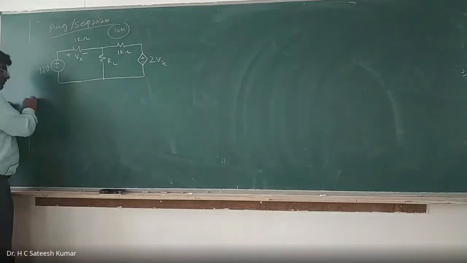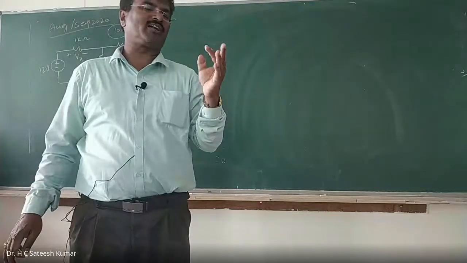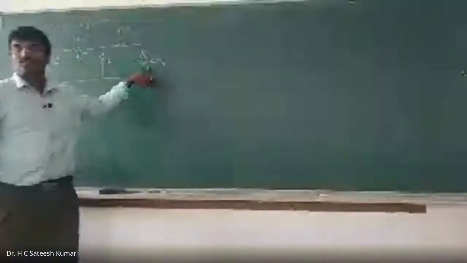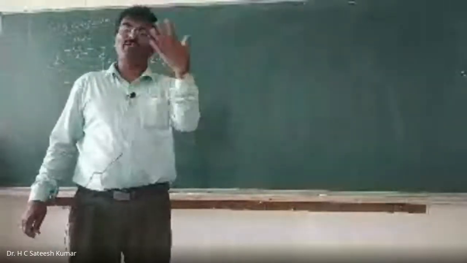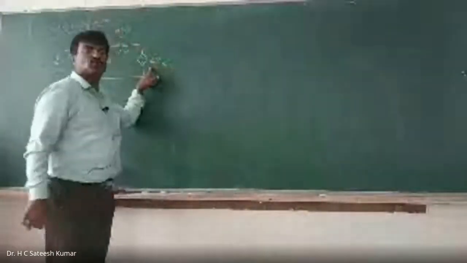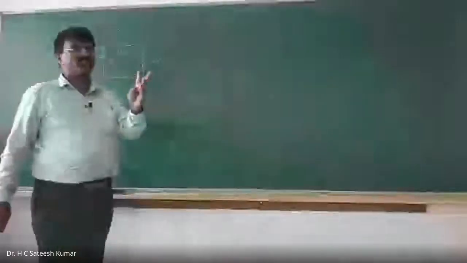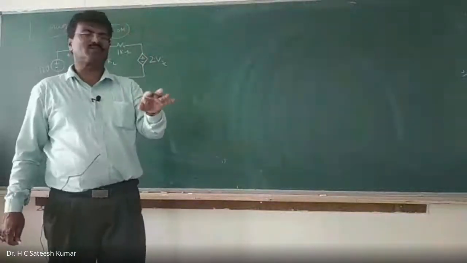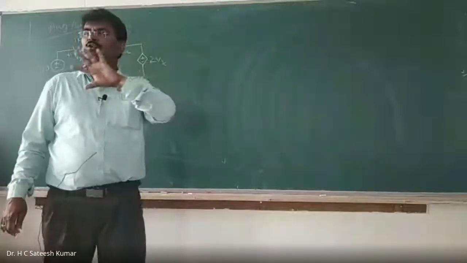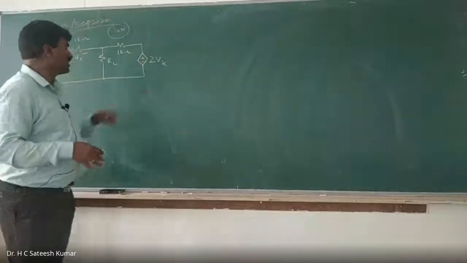So in this one, he is checking the capability of the student for the maximum power transfer theorem, because since we have dependent sources there, we'll have to find the Norton's current. ZTH is equal to VTH divided by I Norton for the dependent source. Therefore, he is trying to check whether you know Thevenin's, Norton's as well as the maximum power transfer theorem. If you don't know the maximum power transfer theorem, you cannot do this problem. So you cannot skip any theorem because all of them are interlinked. So carefully you do it.